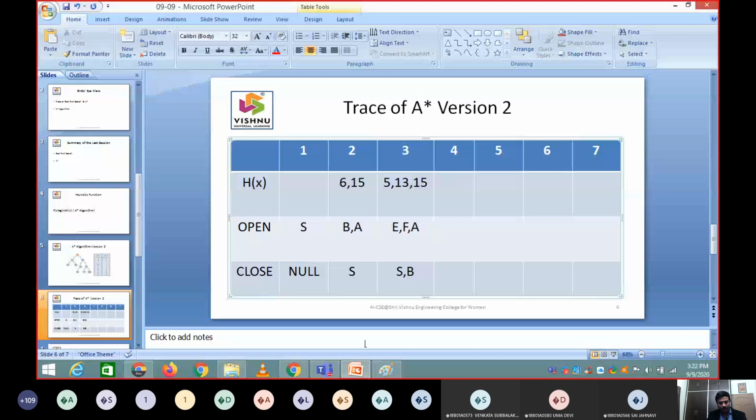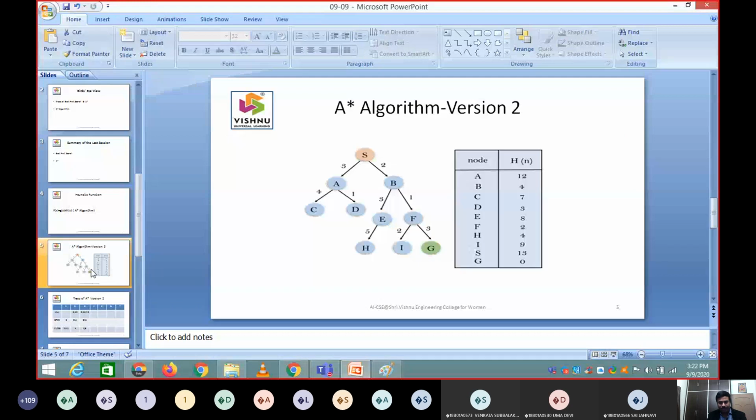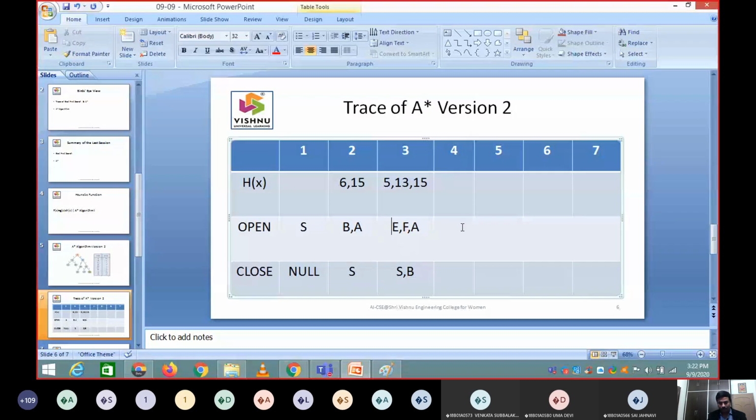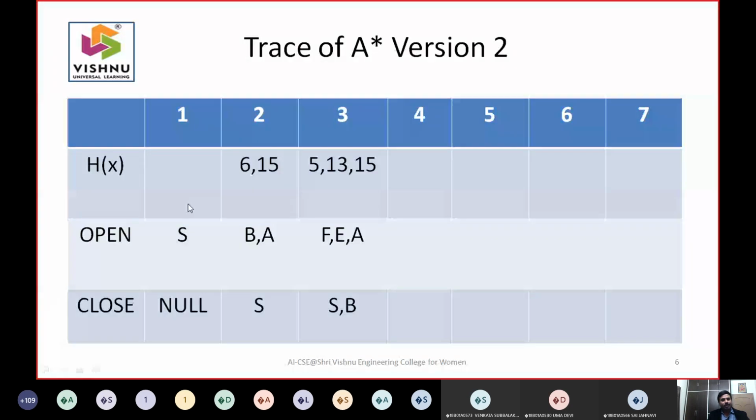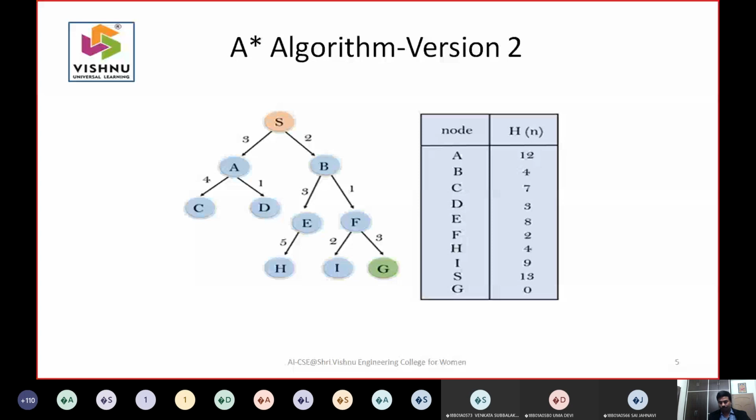Which node does 5 pertain to? It is F, so I write F here, then E and A. Is the third iteration right? Just see the diagram. The cost for F is 3 plus 2, that is 5.